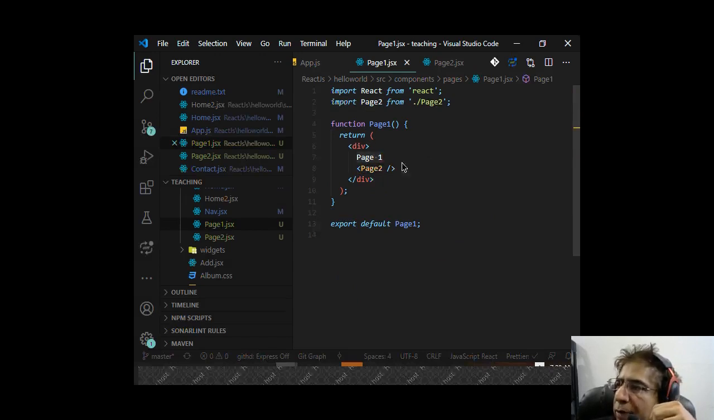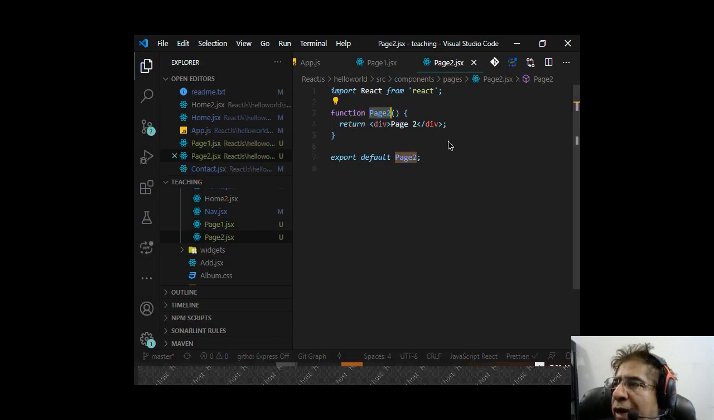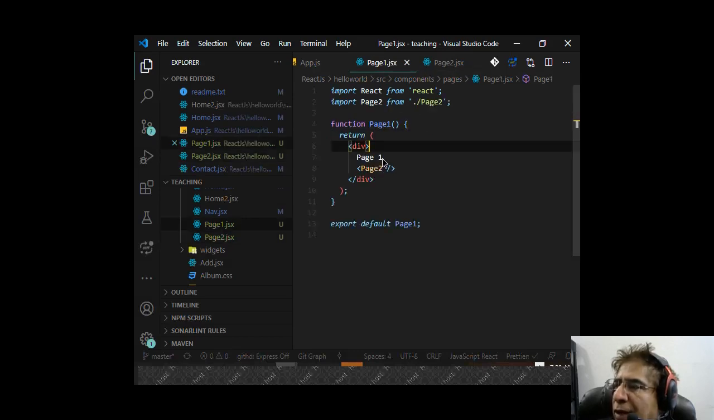So what I did, I call the page 1, then I call the page 2. So when I include the page 2, page 2 is included in page 1. It doesn't mean that page 1 is the parent of page 2, because page 2 can be included in n number of components. So it is not 100% right to say that page 2 is the child of page 1,